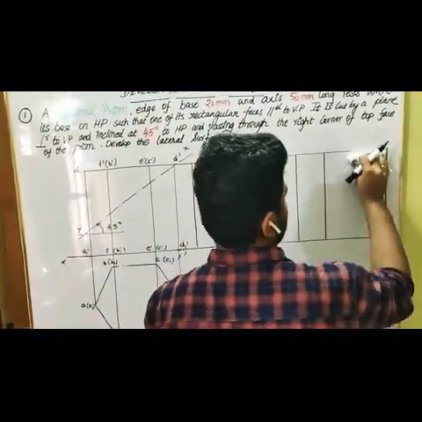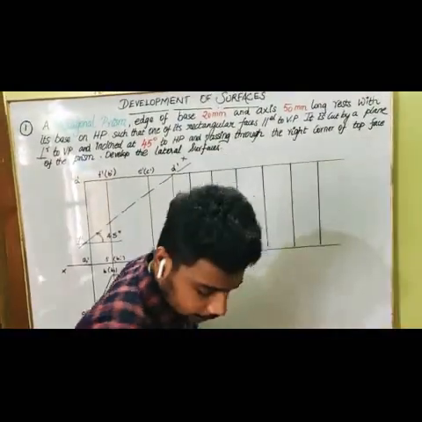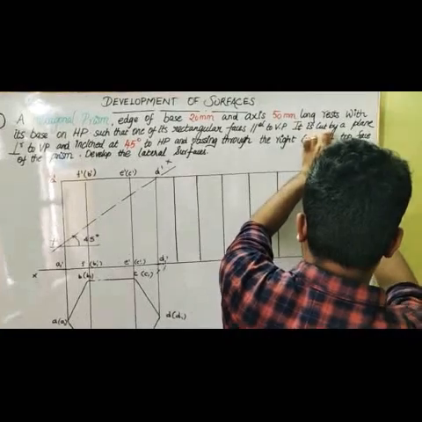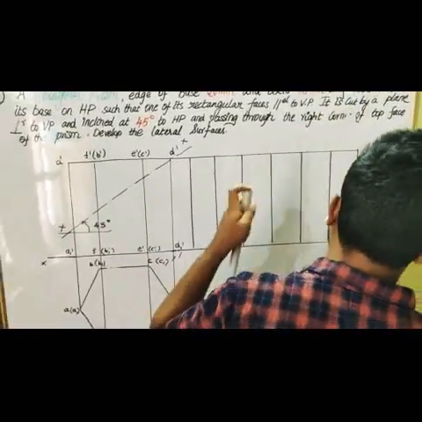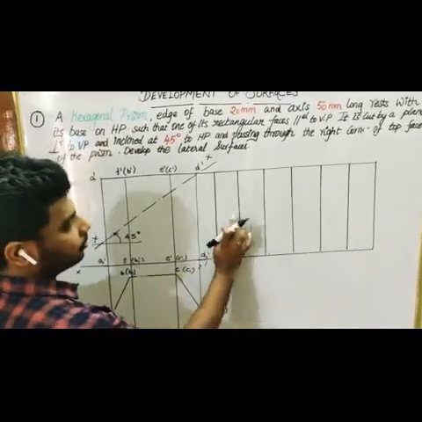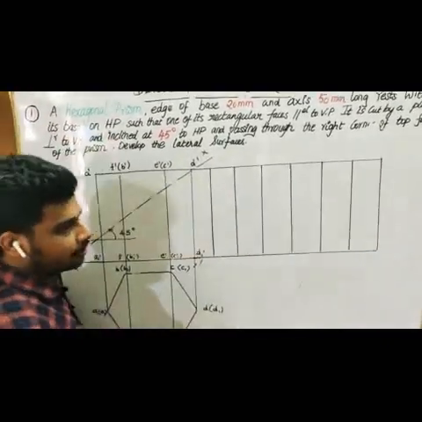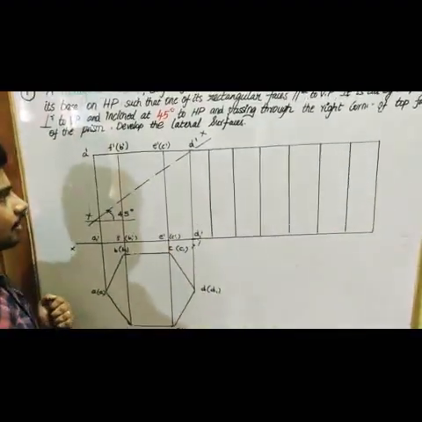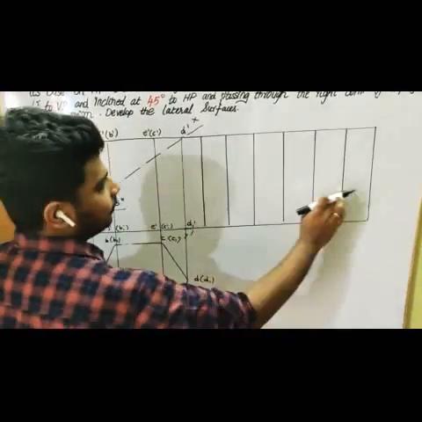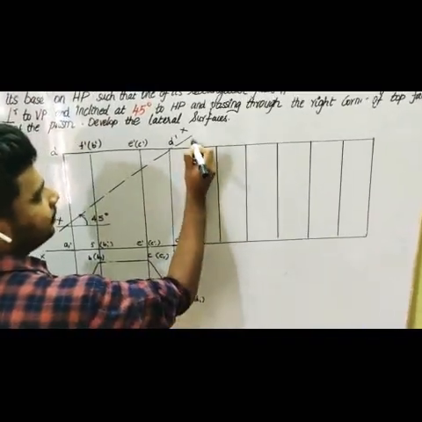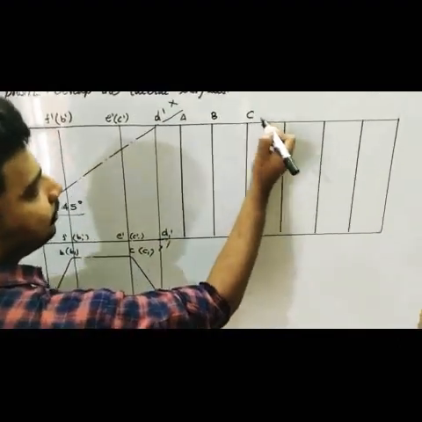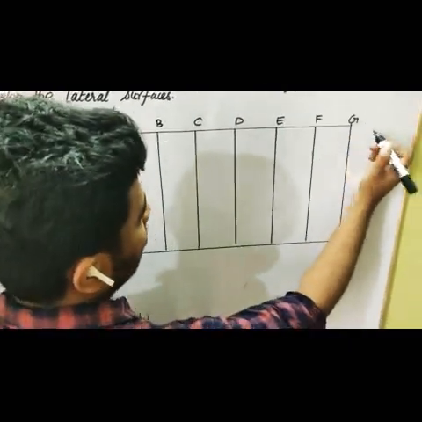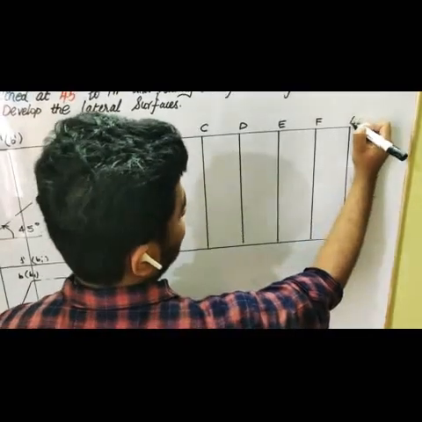So I am going to erase it to make it equal. So 1, 2, 3, 4, 5, 6. So what I have done is I just developed the lateral surfaces without the cut plane, right? So now I am going to give denotations for this development, that is capital A, B, C, D, E, F, G. The final one again will be A, right?